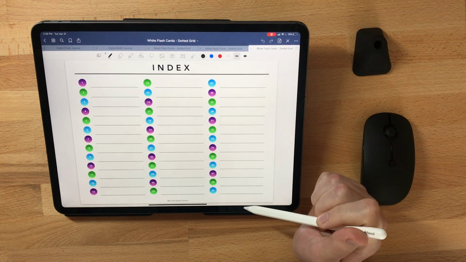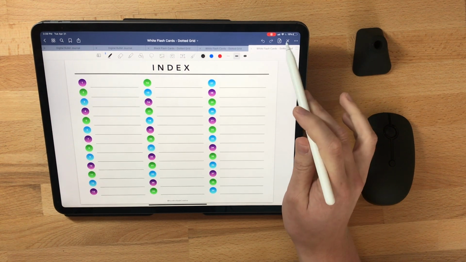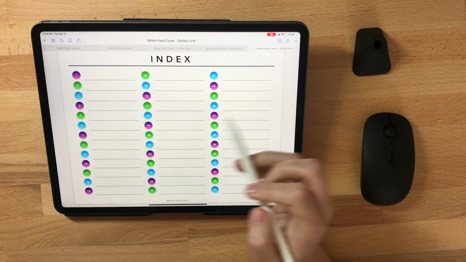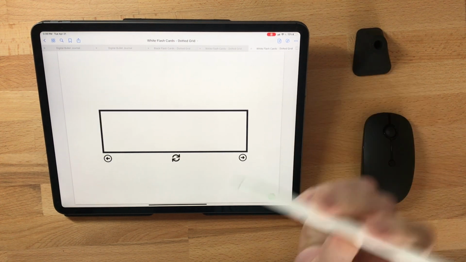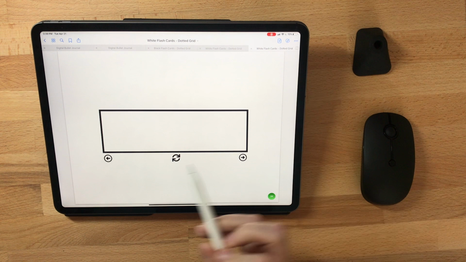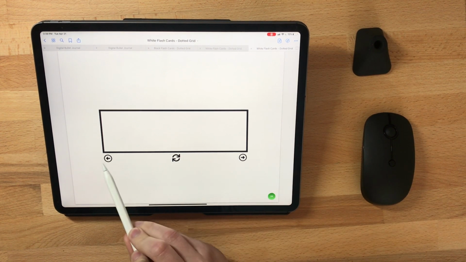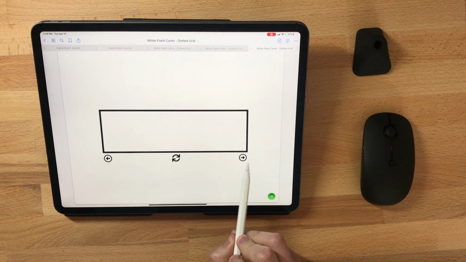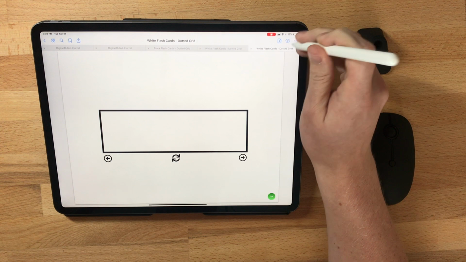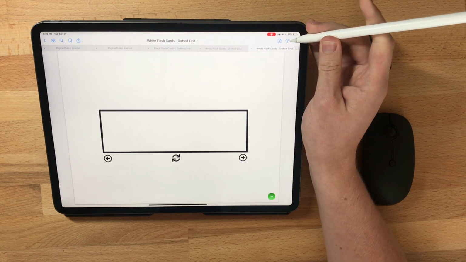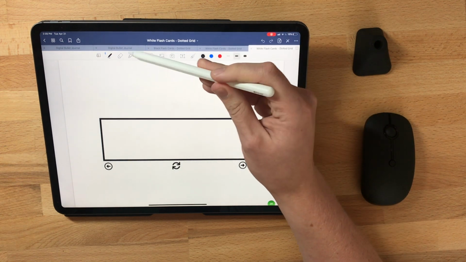With an index page, and all of these links are highlighted and hyperlinked. So if I'm in viewing mode inside of GoodNotes and I'm on the index page, I can click on slide 29 and it's going to take me to slide 29. All of the title slides for the cards themselves have these little navigation buttons on them. Again, everything's hyperlinked as long as you're in viewing mode inside of GoodNotes, and the way that you can tell if you are is if you have the editing bar right here with all of your different options with tools at the top,